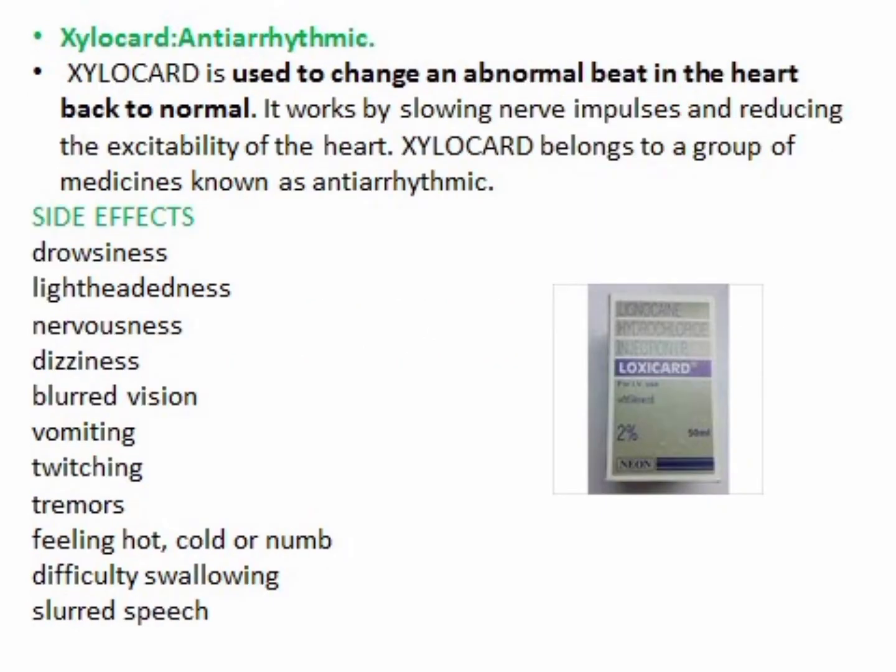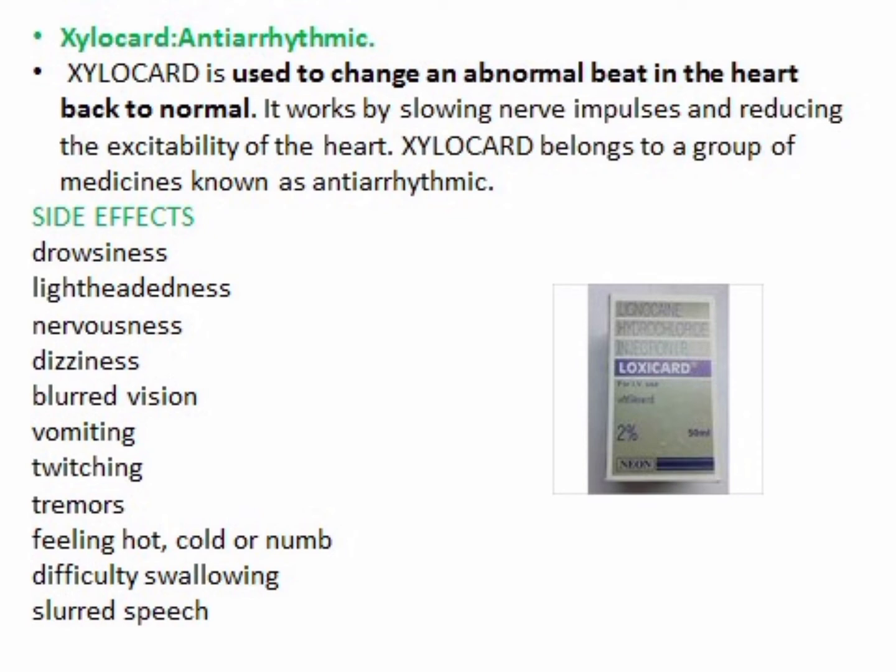Next is Xylocard. Xylocard is an antiarrhythmic drug. It is used to change an abnormal beat in the heart back to normal. It works by slowing nerve impulses and reducing the excitability of the heart. Xylocard belongs to a group of medicines known as antiarrhythmics. Side effects are drowsiness, lightheadedness, nervousness, dizziness, blurred vision, vomiting, twitching, tremors, feeling hot or cold or numb,